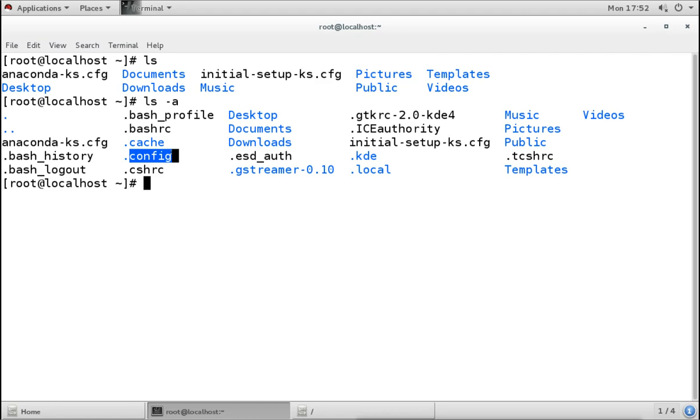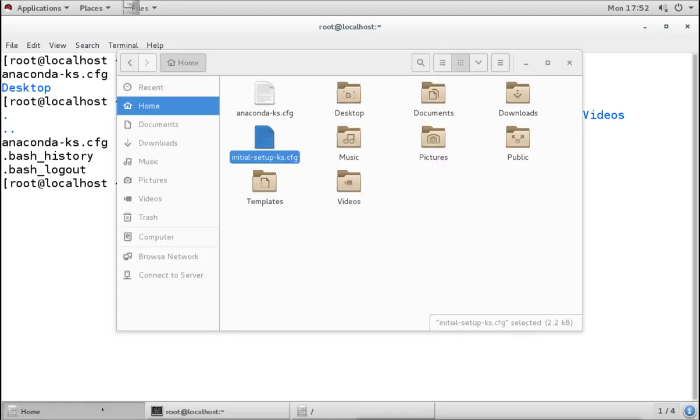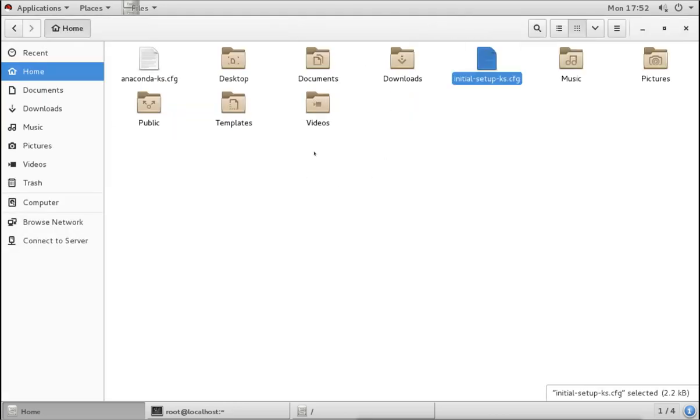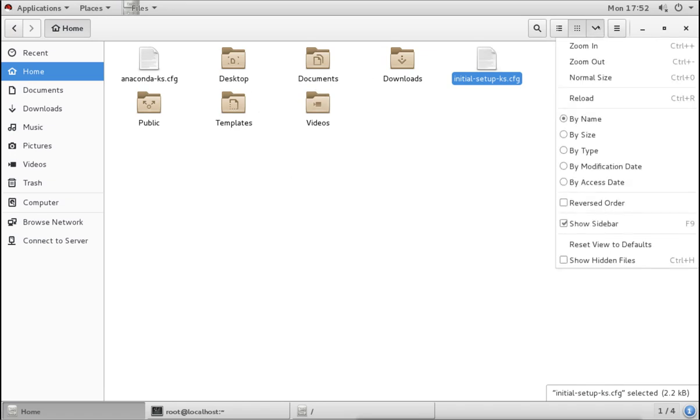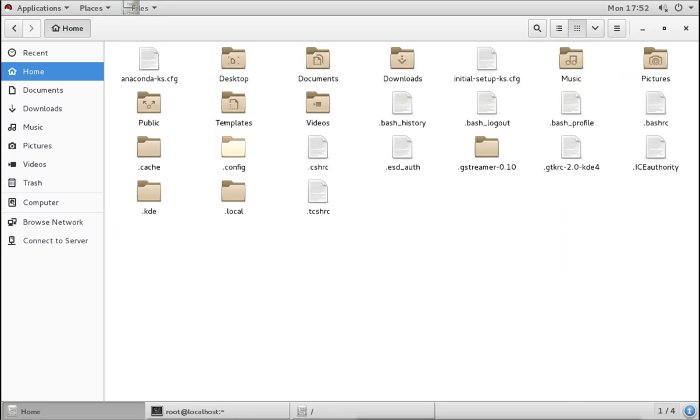Graphically, if you go to the home directory of the root user, it actually has some hidden directories and files. Why does it have those hidden files and directories? Because it is a user's home directory, and a user's home directory contains some profile files related to that user. So normally they do not show here. In the graphical view also, if I say show hidden files, then you can see those extra files and directories.